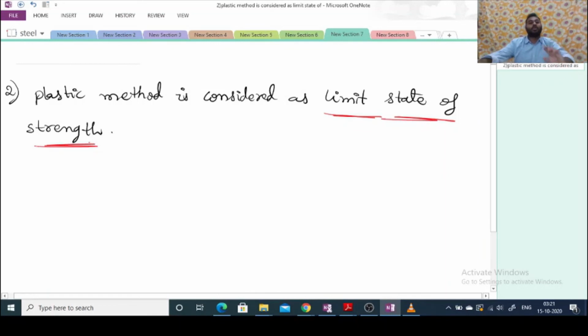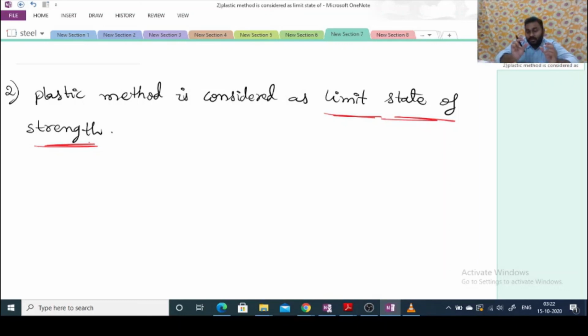Without making use of this term, already we have discussed what is meant by limit state of strength. Where have we discussed it? We have discussed it in the beginning of plastic analysis. There we discussed the mechanism and how the mechanism will occur, what is meant by plastic state, when we assume the plastic hinge is going to form, and how to calculate MP. All these concepts we have already discussed in plastic analysis, right? Based on that analysis only, this design is going to be carried out.